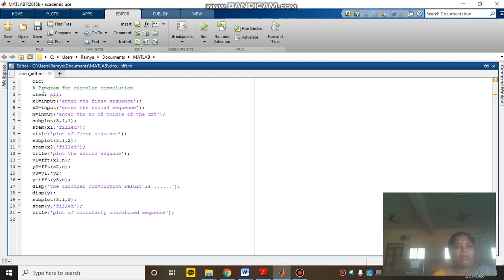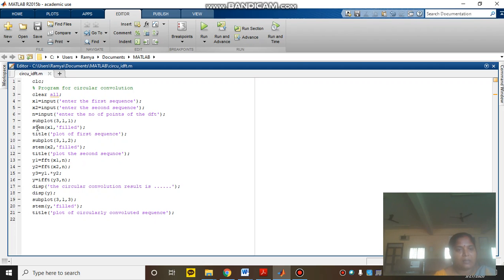So this is the program which I have typed for the circular convolution. I am going to perform the circular convolution by using DFT and IDFT. The input sequence x1 will be taken as the first sequence and x2 as the second sequence. Now N is the number of points of the DFT, capital N. Next, subplot(3,1,1): the entire screen will be divided into 3 and the first one will be plotted in the first place.